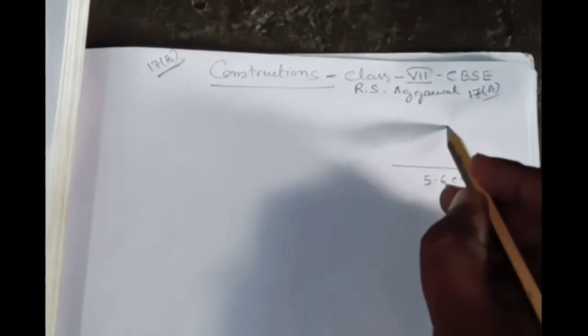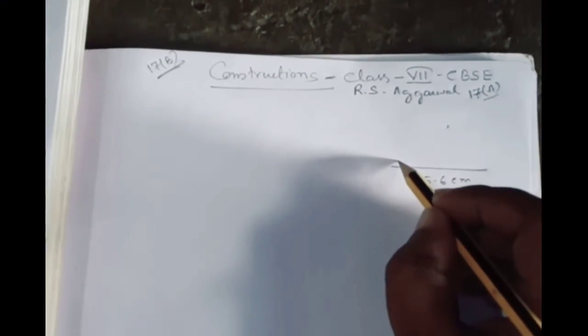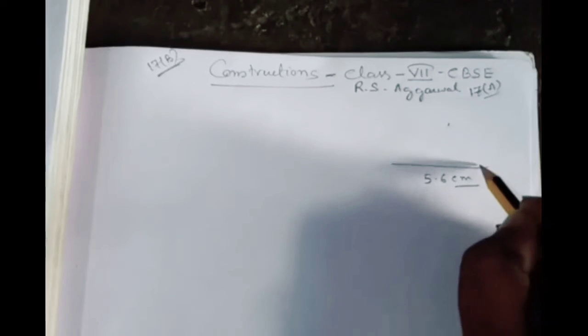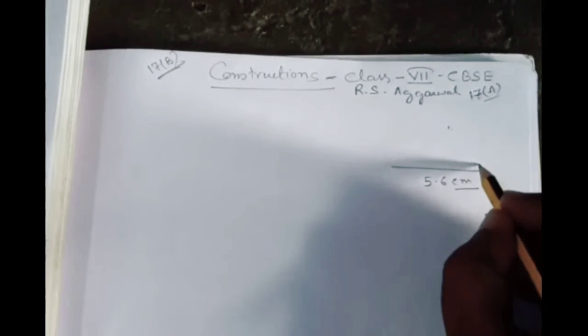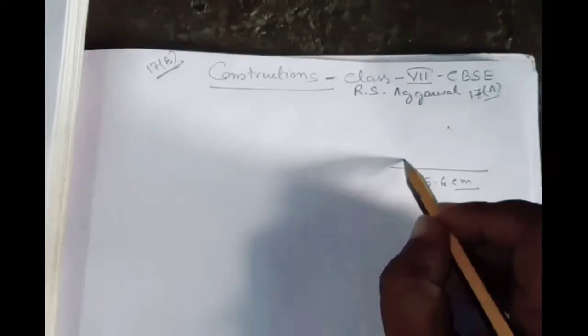Next, one angle is 90 degree, one acute angle is 30 degree. So obviously we have to find the other acute angle. Since it is a right triangle, if this is the hypotenuse, this is obviously 90 degree. So if we take this angle as 30 degree, obviously this angle is 180 minus (90 plus 30), that is 60 degree. This angle will be 60 degree. So here we will draw 30 degree. Here we will draw 60 degree. Understood?